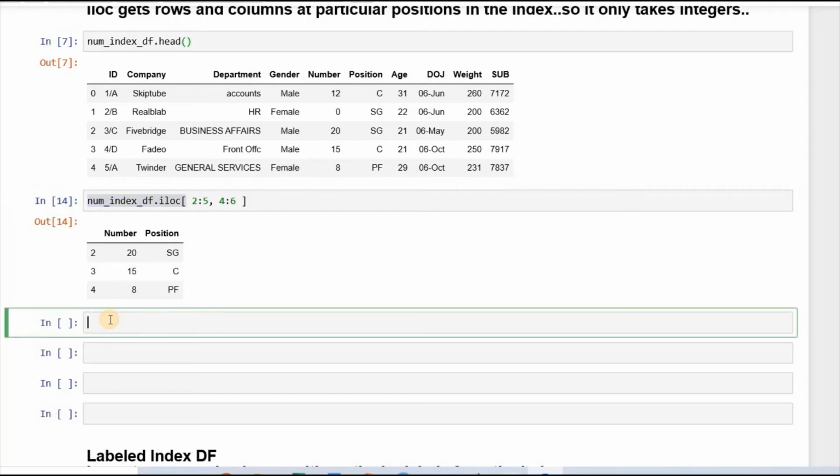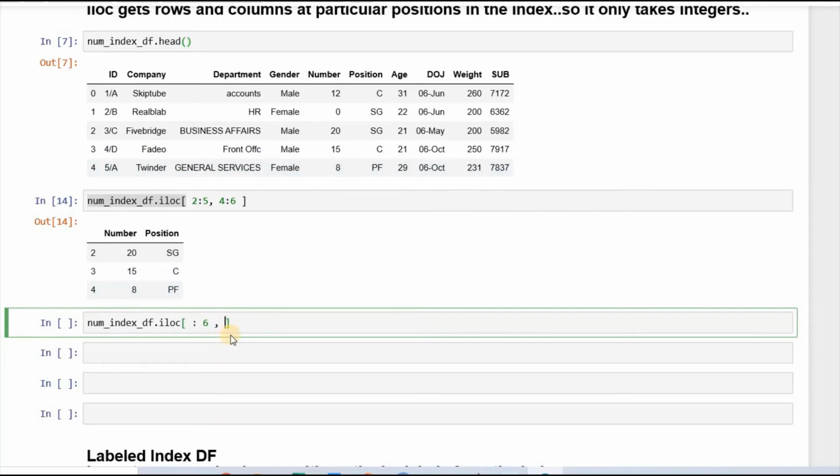Now if we want to output the first 6, we don't mention anything before the comma that goes for the row and the column. We want to print all the rows from 0, so we may not include the 0 here, and this means from the beginning to 6. That would print only till the fifth one, because 6 is not inclusive.